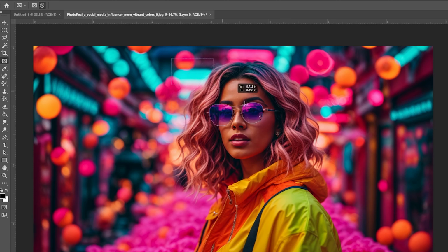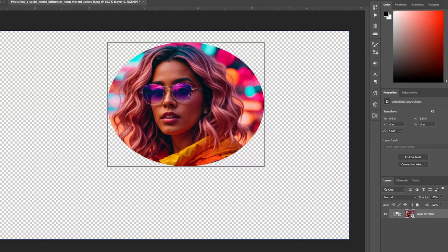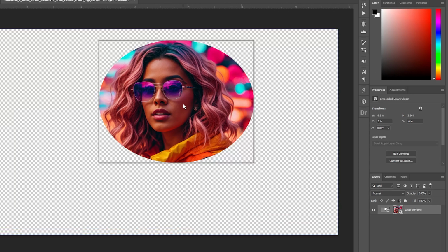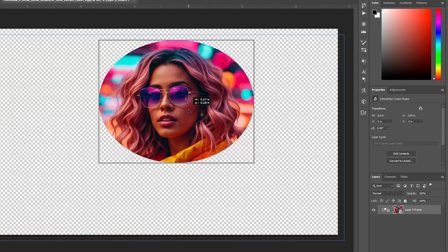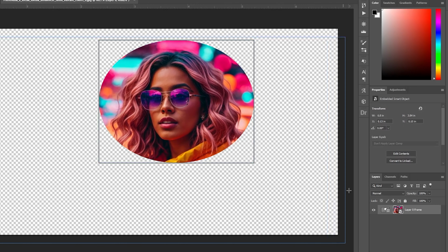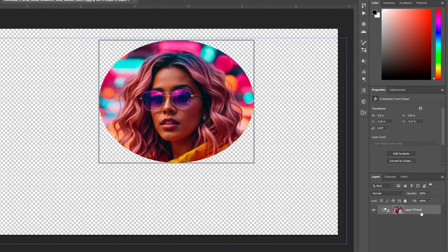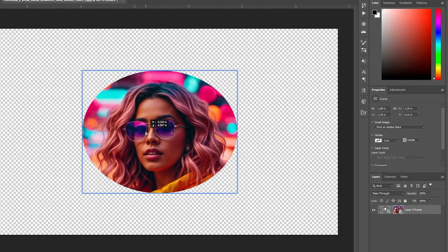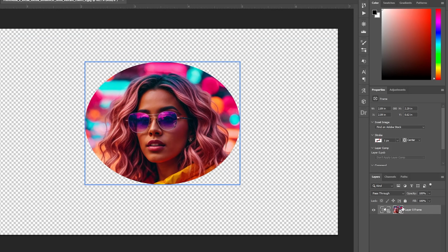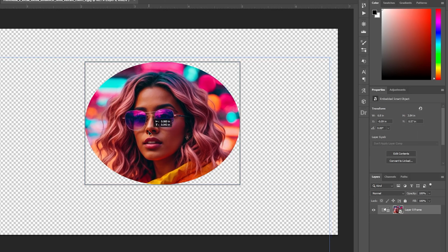Once you have created a circle frame over your image, you can adjust the photo's position within it. If you find that moving the frame tool moves the entire layer instead of just the photo, you likely have the whole layer selected instead of just the image. To fix this, double-click on the image itself until just the photo is highlighted. Now, when you move the frame tool, it will only move the image, allowing you to position it precisely within